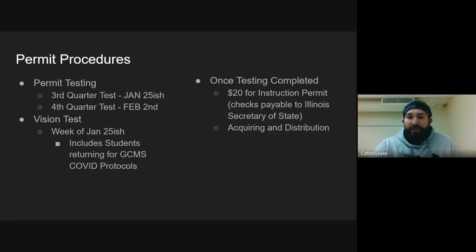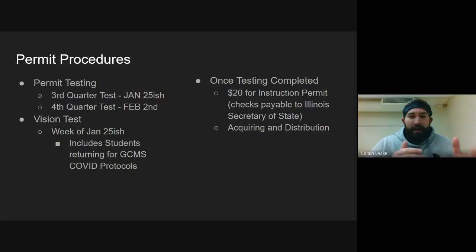I say roughly in that window because before we can even test, we have to go online to the Illinois State website. We have to plug in information, and they've got to fill that all in, and then we can get into the test. And I have to be there, or in the immediate vicinity of them, with that test being administered. So right now, so long as everything works according to plan, we're going to be testing at that date. You'll notice that the fourth quarter kids are about a week after that because they don't have the availability to ask questions to me daily in person like the third quarter kids do right now. I gave them a little bit of extra time.